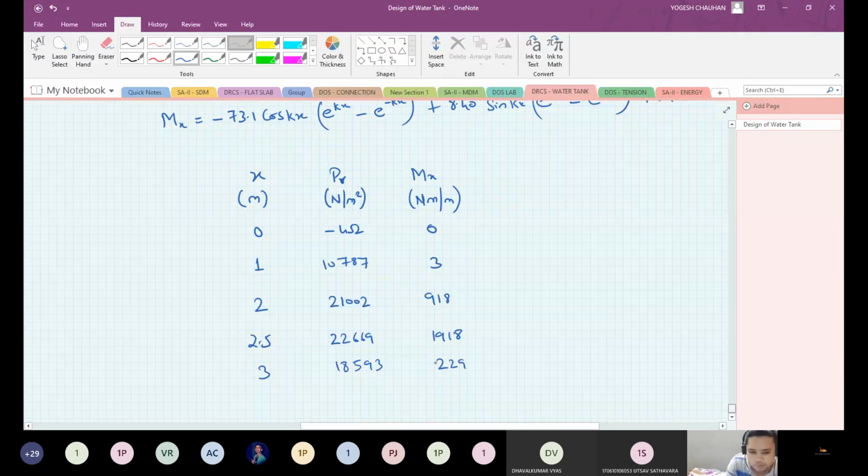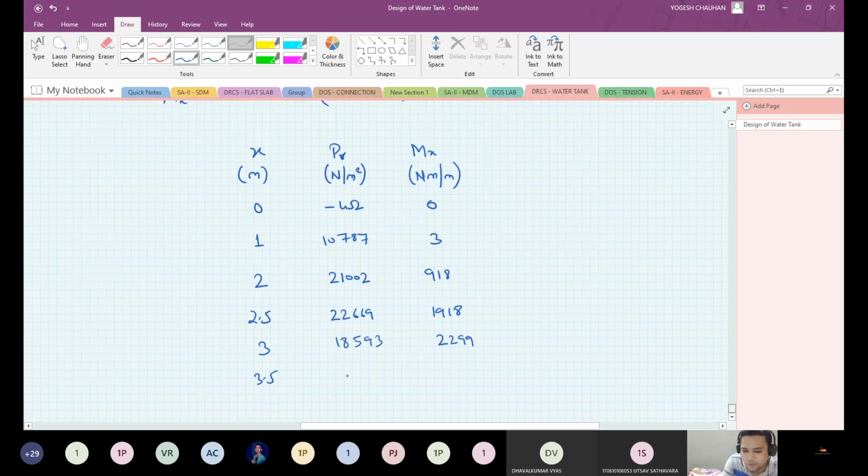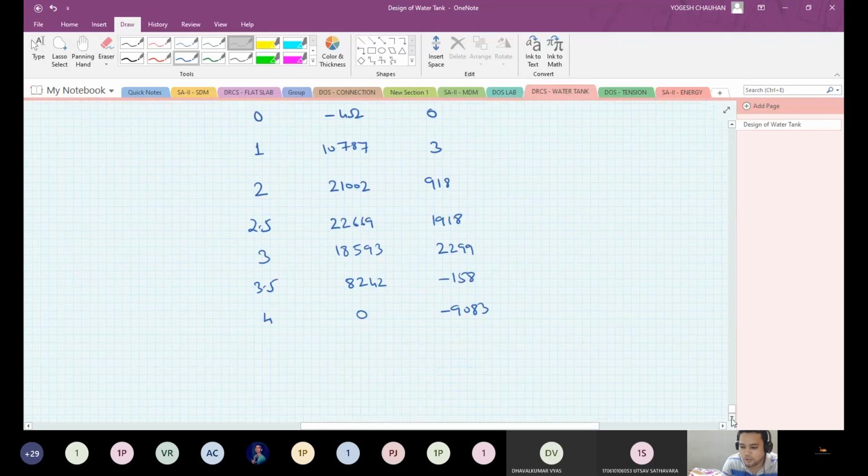And at 3.5 this will be 8242 and this will be minus 158. And at x equals to 4 meter, that is the full height, this radial pressure will be 0 and this will be minus 9083. And also, at x equals to 2.33 meter,